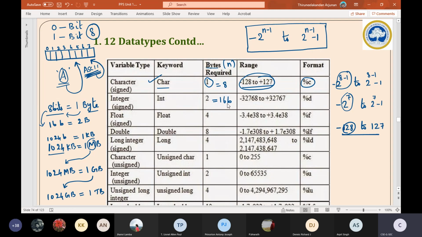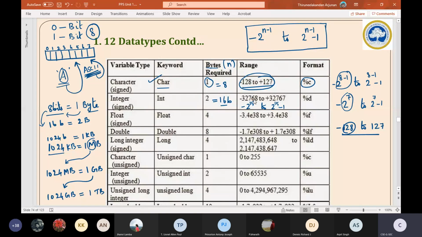Now in the place of n we need to substitute 16, so it gives minus 2 power 15 to 2 power 15 minus 1. If you evaluate this, you get 32768 to 32767.